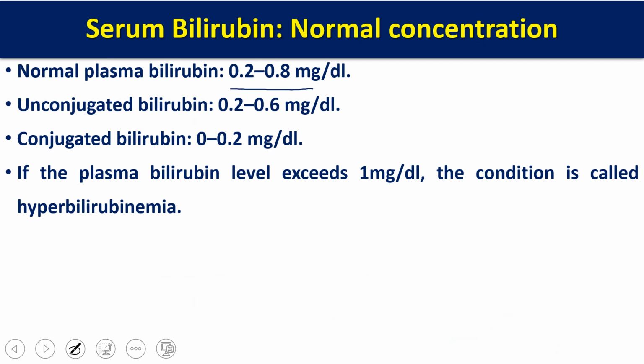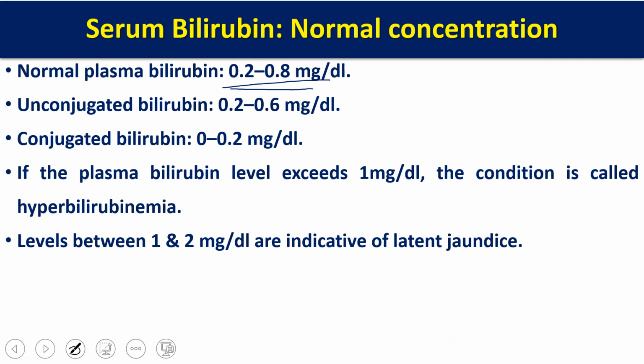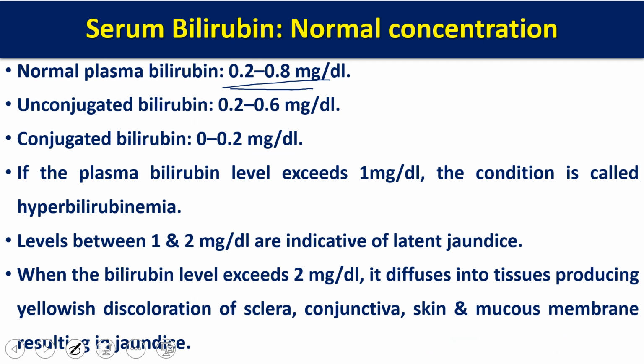If the plasma bilirubin level exceeds 1 mg per dl, the normal level being less than 1 mg only. So if plasma bilirubin increases to more than 1 mg per dl, the condition is called hyperbilirubinemia. If the level rises between 1 to 2, it is indicative of the latent form of jaundice. When the bilirubin level rises above 2 mg per dl, it diffuses into the tissue, giving a yellowish coloration